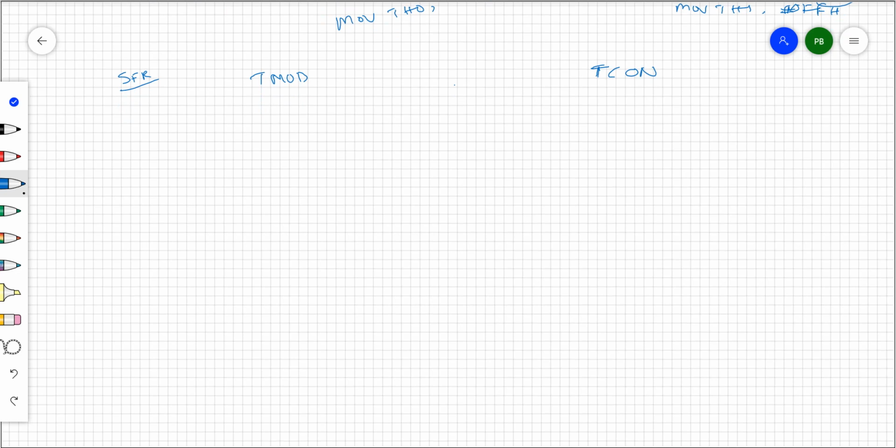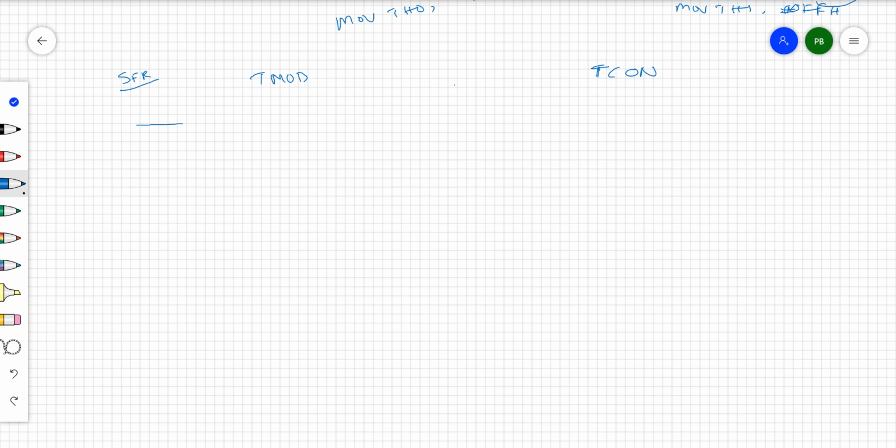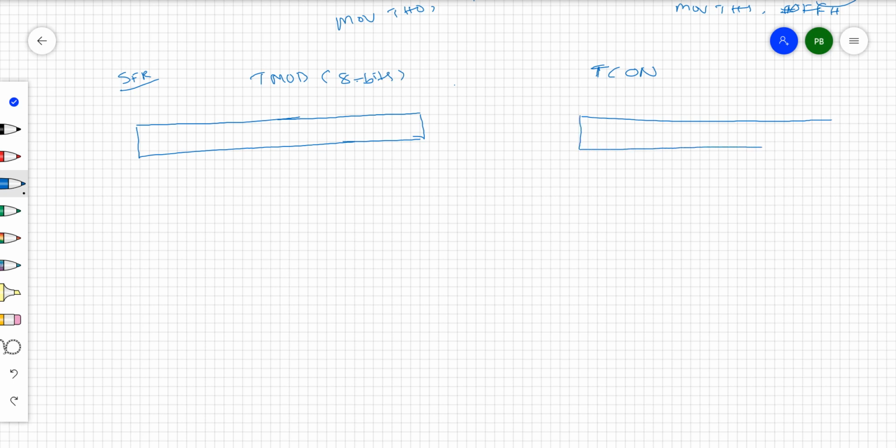We'll see now the TMOD register. Look at this TMOD special function register, right? This special function register is an 8-bit register. This TMOD register is an 8-bit register, right? So this TCON is also an 8-bit register, right? This TCON register is also 8-bit.